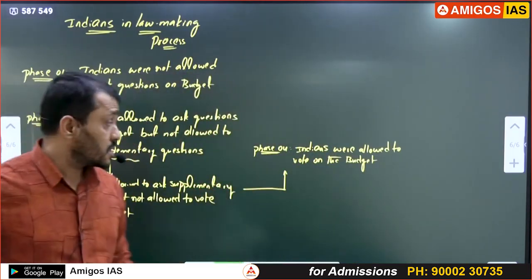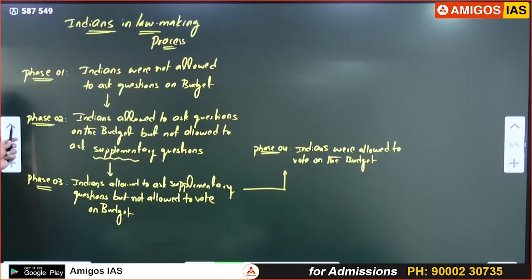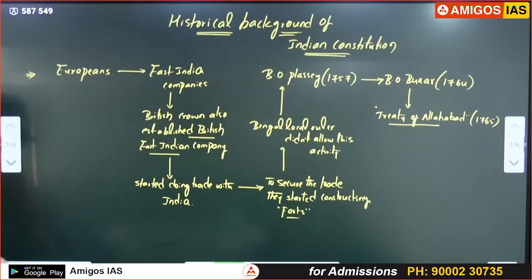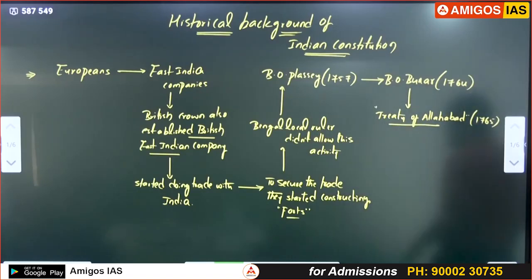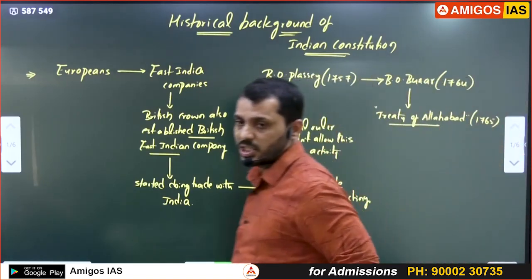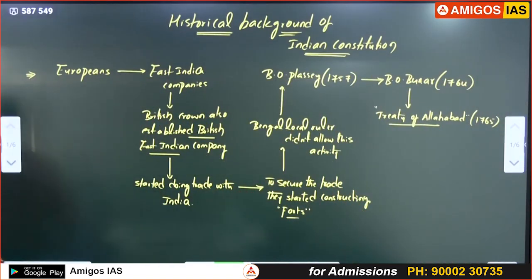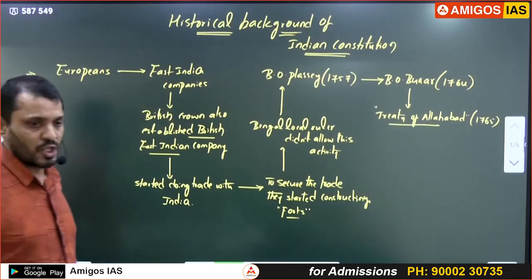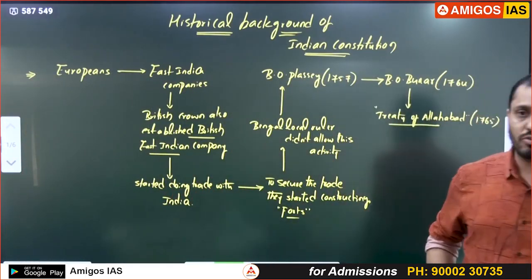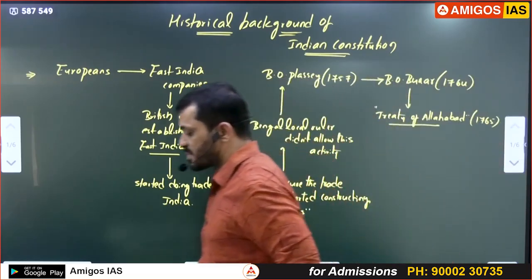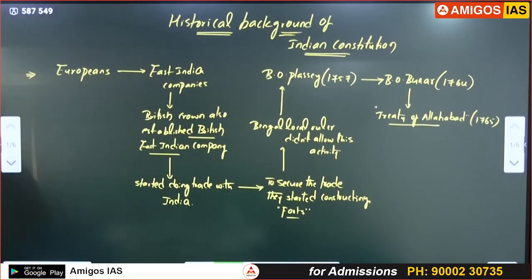Now, let's revise, friends, whatever we discussed in today's class. So listen quickly, and please go through your notes where I am explaining. In today's class, we started with the fundamental duties, and we went through all the 11 fundamental duties, and we're done with the notes regarding them. Then we started the unit of historical background of the Indian Constitution. There, first I explained about the East India Company and how they ventured into India, how they established their rule, and how they consolidated their rule.